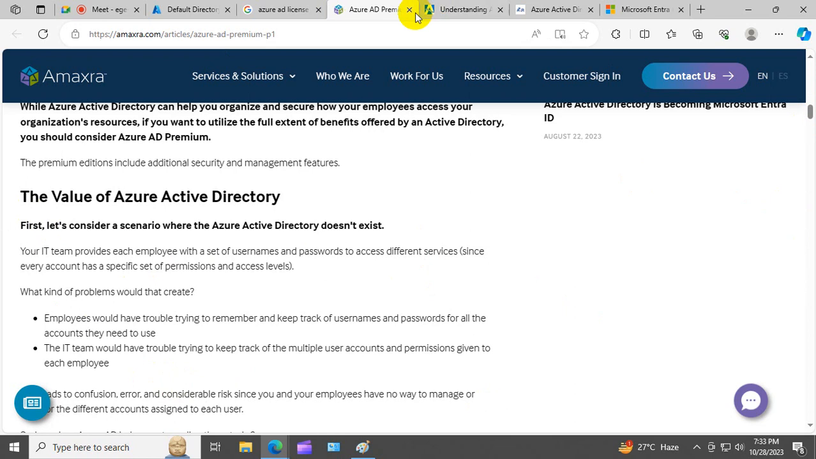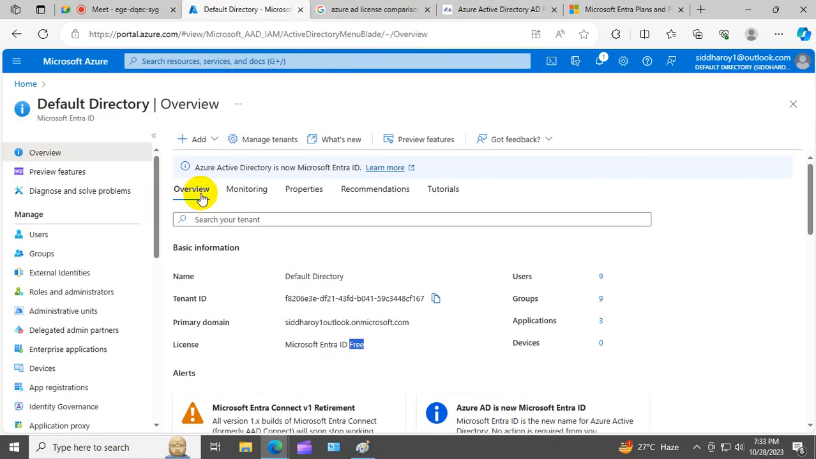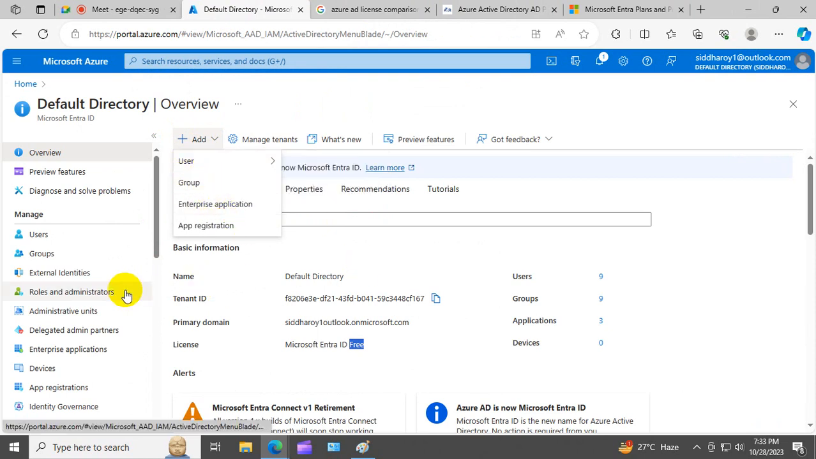Okay. Let's jump to Azure as well. Now in that case, first I will go to create the tenant. Let's drop down here. Here are the options called users, create new users, group, enterprise, and all those. So let's go to